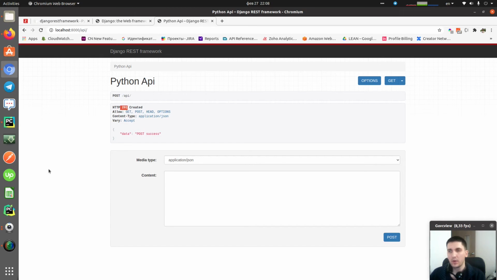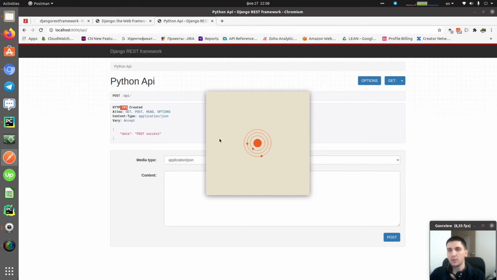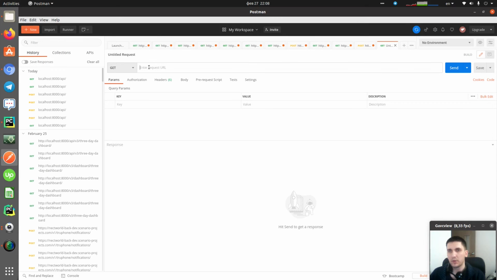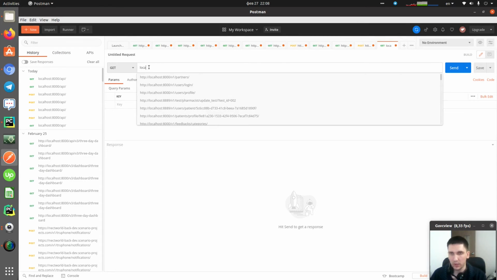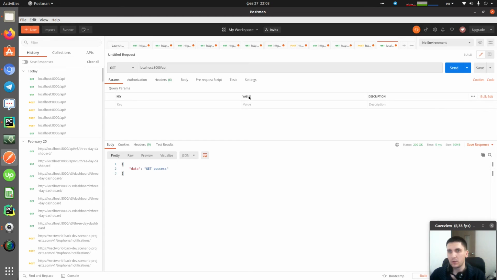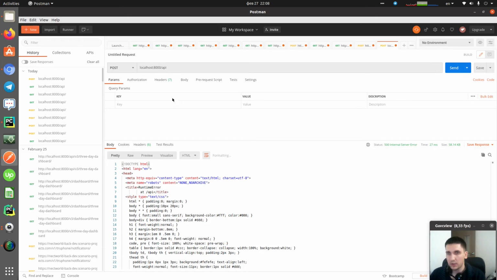Also, I would suggest using Postman for working with the API endpoints. So it can make API calls for these endpoints. For example, we can put our host here, localhost:8000/api, and make the call, make the get request, and also retrieve the get success. For the post, we just can make the post request,